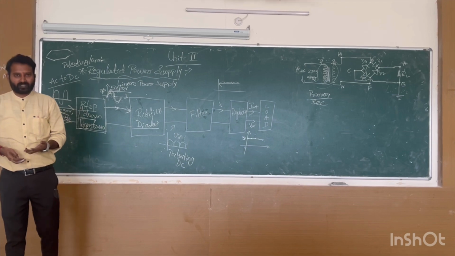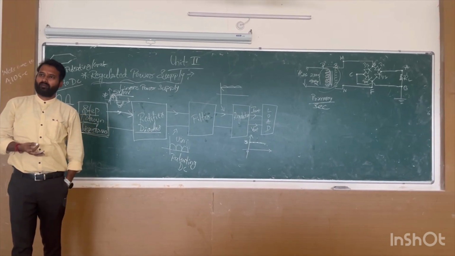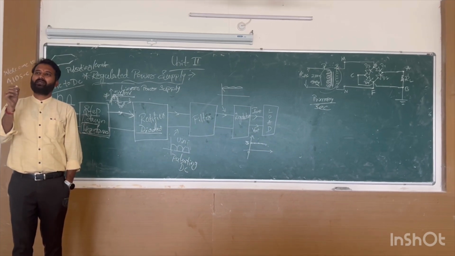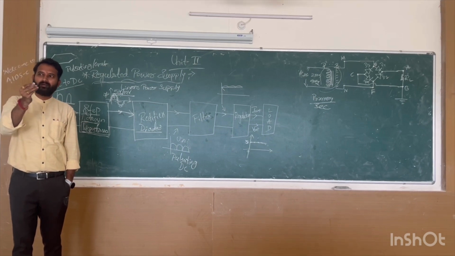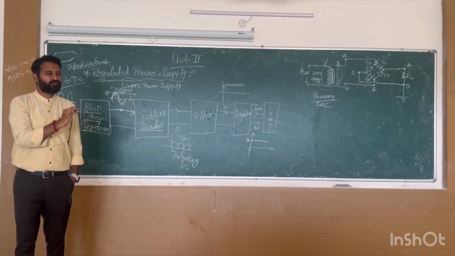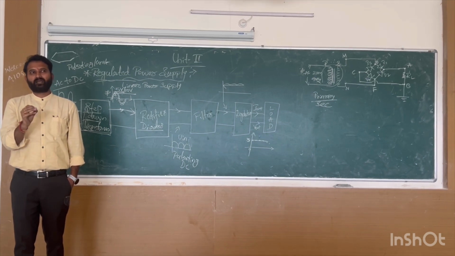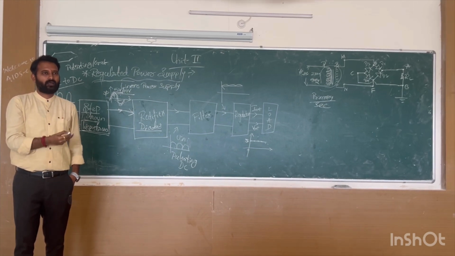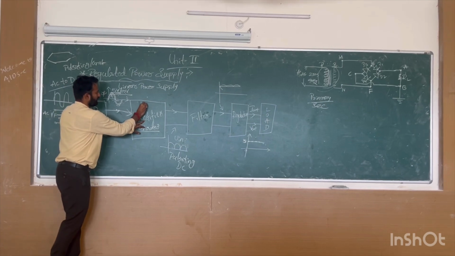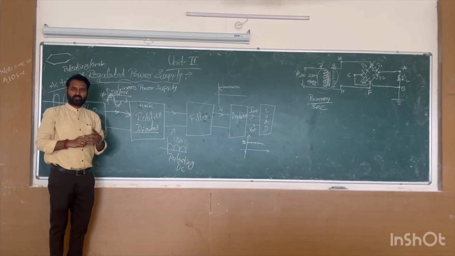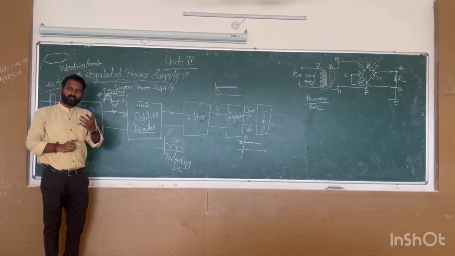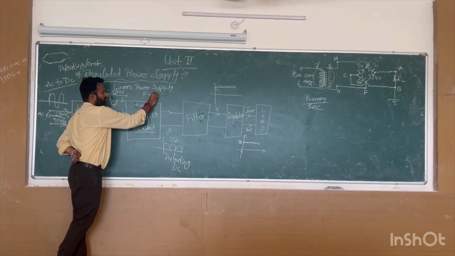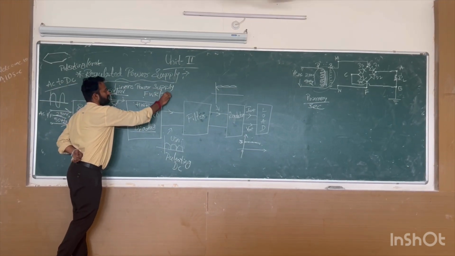Now, what are the types of rectifier we have? Half wave and full wave. The user, the developer might say you can use a half wave rectifier. But a half wave rectifier has some issues with the power. There are some power losses. If you use a half wave rectifier here, you will have power issues, you may lose some power. That's why they will prefer to use a full wave rectifier or a bridge rectifier.